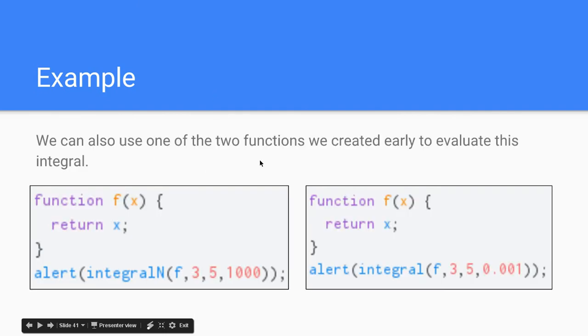We can also use one of these 2 functions we created earlier to evaluate this integral. I would define my function of x as just return x, because the function is just x. Then I would say alert integralN(f, 3, 5, 1000). Or here I could say alert integral(f, 3, 5, 0.001). So this is integralN, the one where we